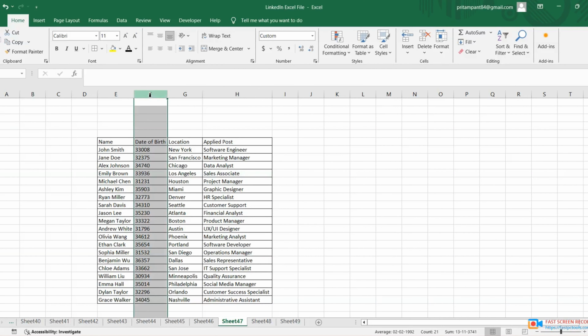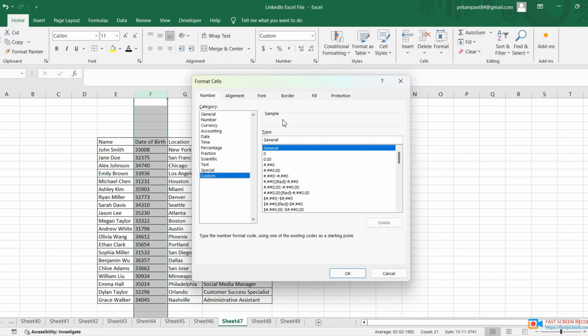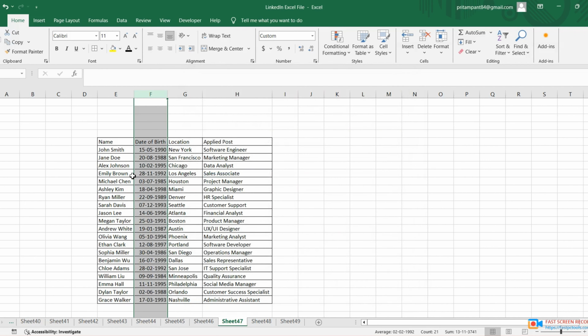In this raw data set, the date is in a different format, in the text format actually. So in this case, we have to make it in date format. Let's go to custom, and dd, and then this is the best way. We can do it directly by date format also, but we can do this also. Yeah, this is our